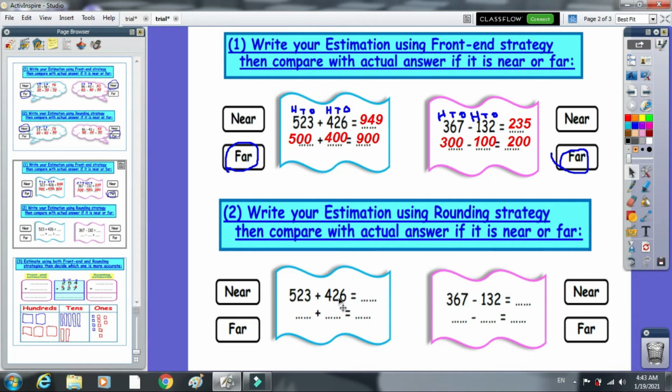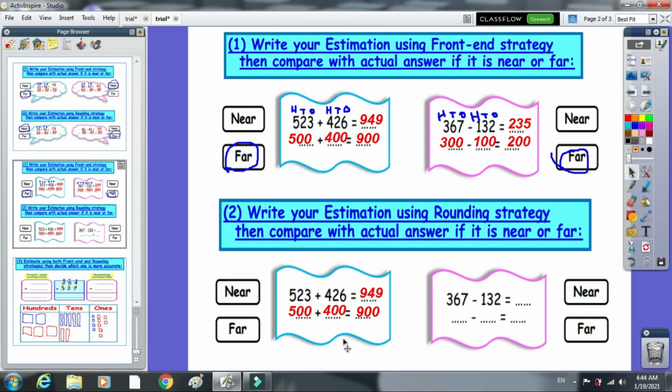523 plus 426. We said that the actual sum is 949, and here we will round each number to get the estimated sum. So here 523 will be rounded down to be 500 because 2 is a weak number, but 426 will be 400 because also 2 is a weak number. So here 500 plus 400 will be 900, and our estimated sum is 900